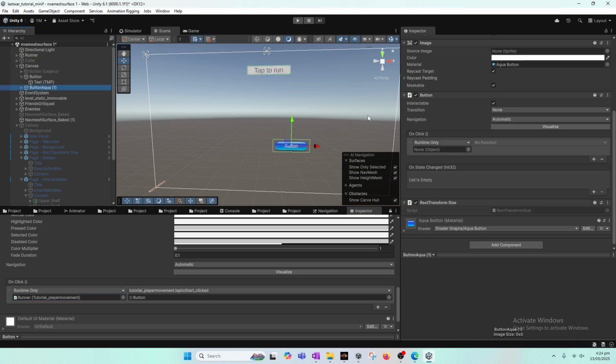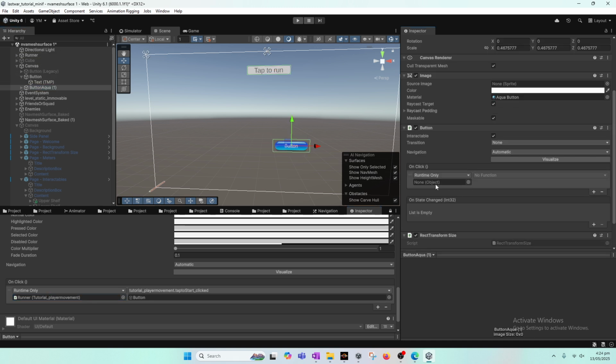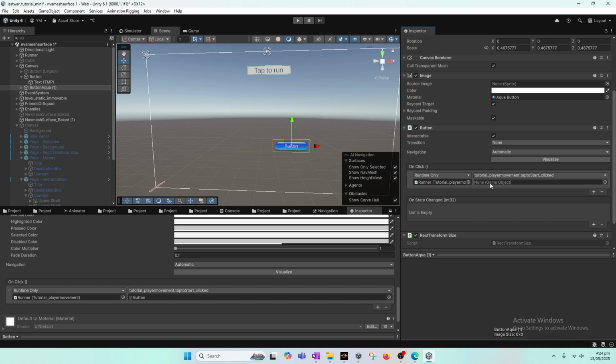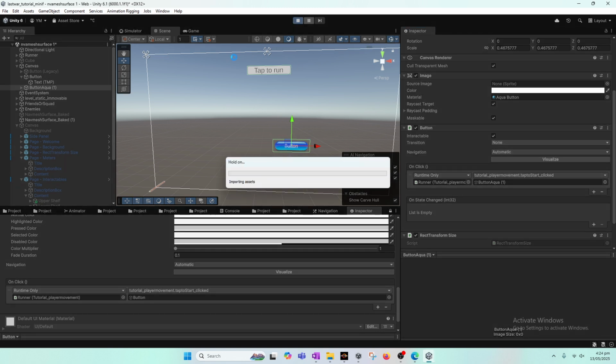So let's head over to our new button, and inside on click we will do the same. That is, select the runner and then its tutorial player movement dot tap to start click, and in the game object previously the own object was passed, and in our case we will pass this object. So now it should be similar, tap to button like tap to run, and when it's pressed,